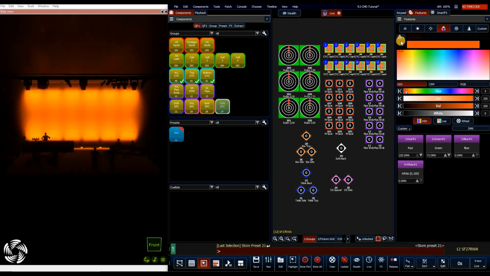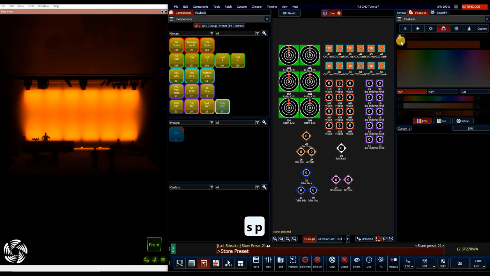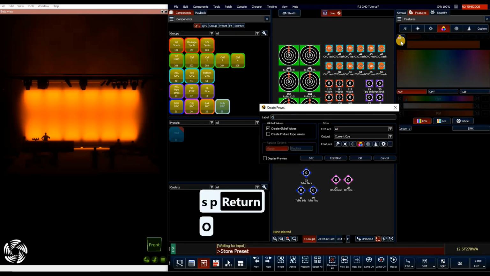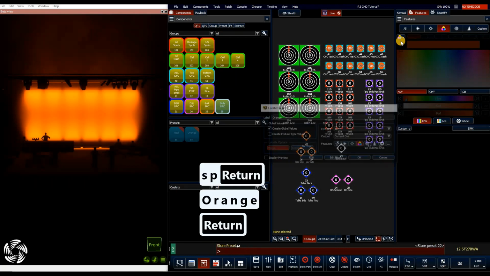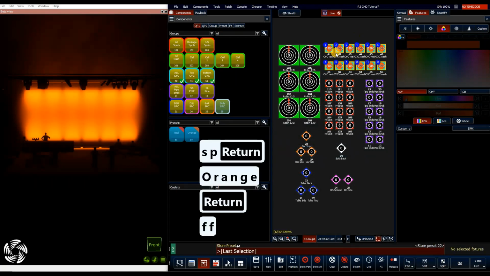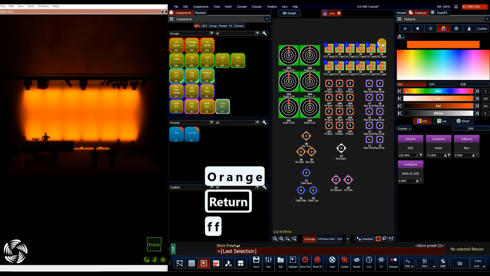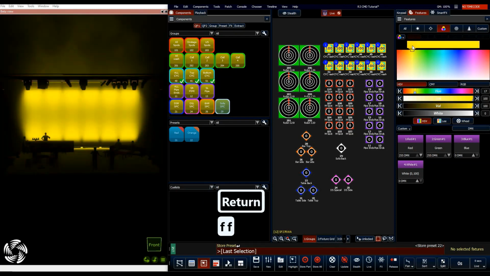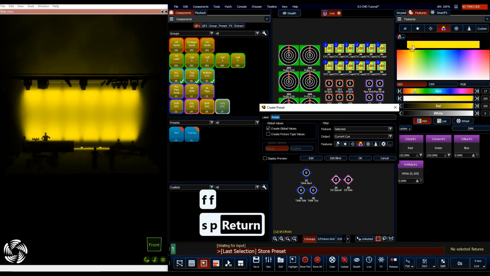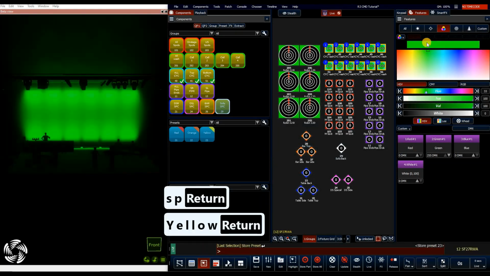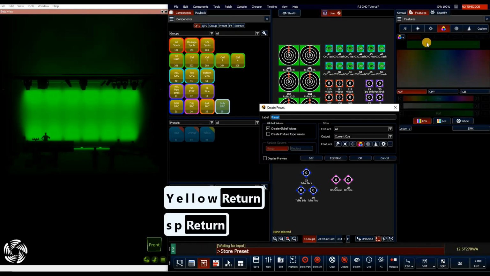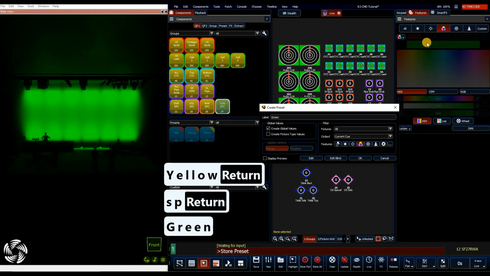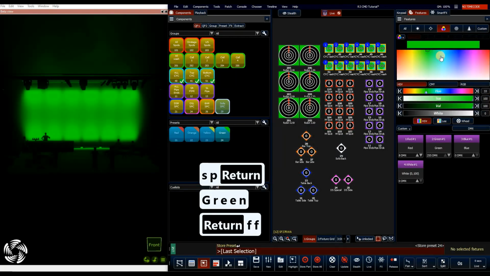So we're going to make an orange one. So now I have mixed my color. I'm just going to go SP for store preset, enter, and then type orange, and then hit enter. Then FF to bring that fixture selection back. We'll make a yellow one, SP, enter, yellow, and then a green, store preset, enter, green, FF to bring that back,